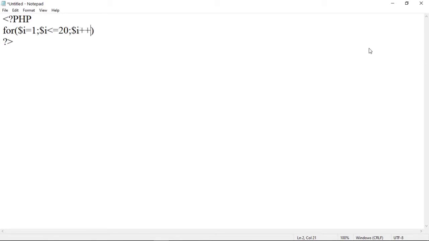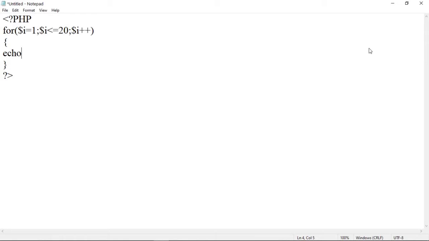See, here $i plus plus is an incrementation. Then curly brackets open and close, and here write down the statement that is to be executed. Suppose we want to print the values from 1 to 20, then we can write the loop like $i equal to 1, $i less than or equal to 20, $i plus plus.